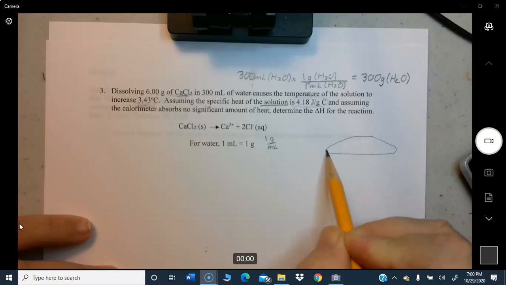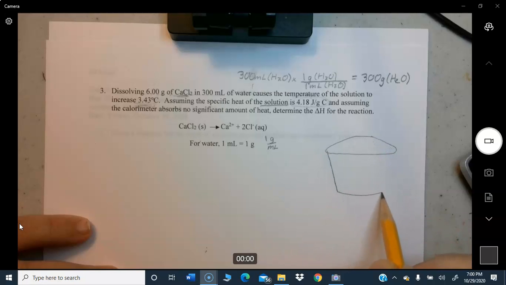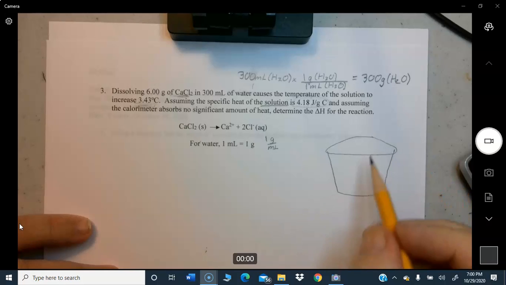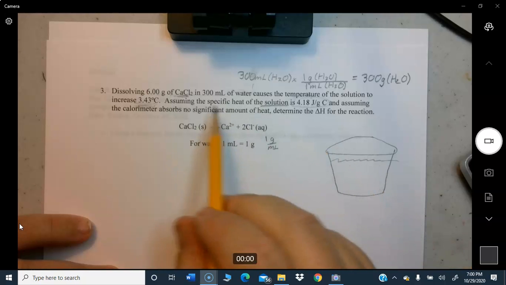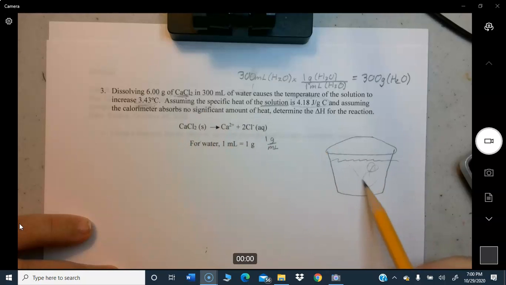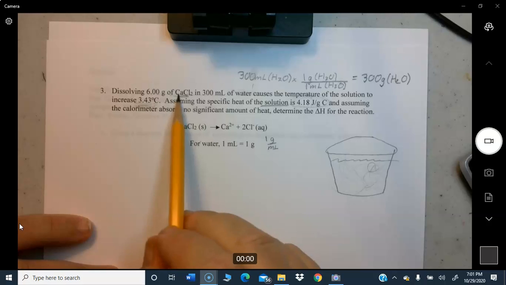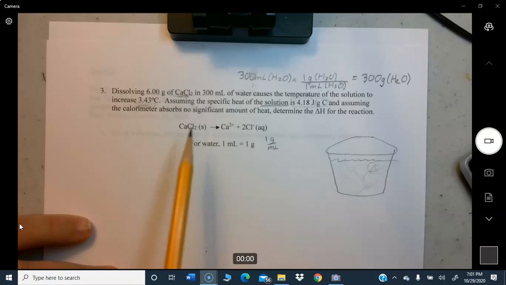So this is a styrofoam cup. And what's going to happen is this is water here. You're going to go ahead and drop this calcium chloride in, and it's going to dissolve, just like salt dissolving in water. And that's going to happen everywhere in the solution here. It's going to take place where the calcium and the chloride ions break apart into ions, and that releases energy